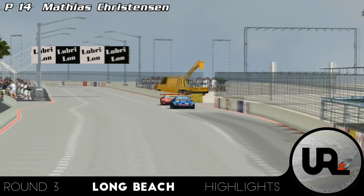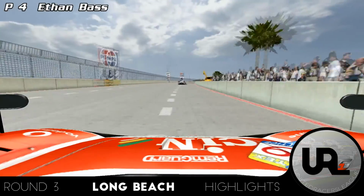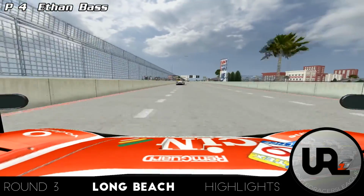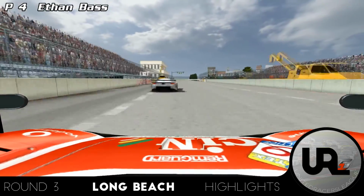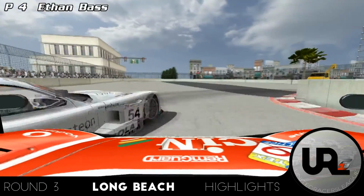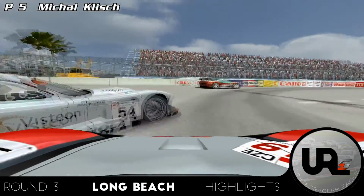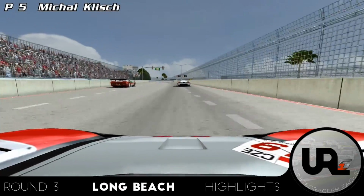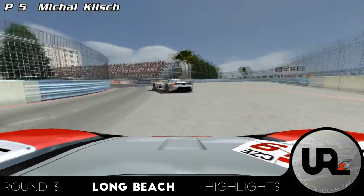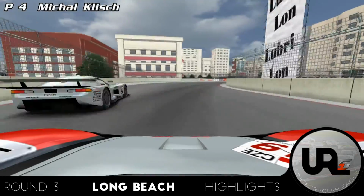Andrei with the Ferrari 550 couldn't get back past on the long straight. And then Ethan Bass versus Toni Ukic. Oh, and again Ethan will come from a very long way back, and this time he will hit Toni Ukic. And Michal Klisch is now right on their tail. Ethan lets Toni past, but that will mean Michal can also take that position, and Toni